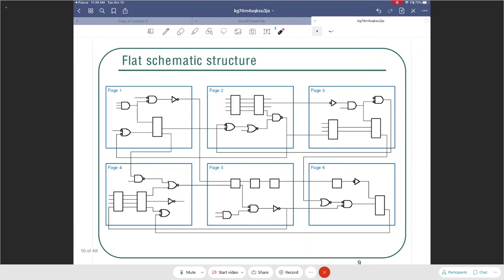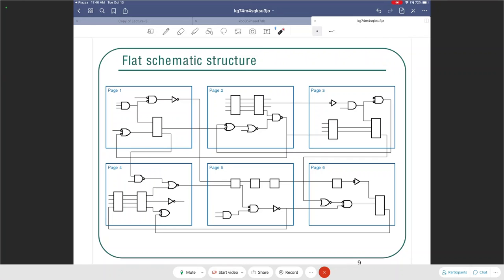All right, let's come to the topic of flat schematic structure and the hierarchical structure. So if you have, say, 6 pages being shown over here, what is interesting is that in each page there are not too many things. So if your design itself is simple, then a flat schematic structure in which each page is at the highest level is okay, it is going to work, because there's not much to go through, right? It's not complicated enough. But